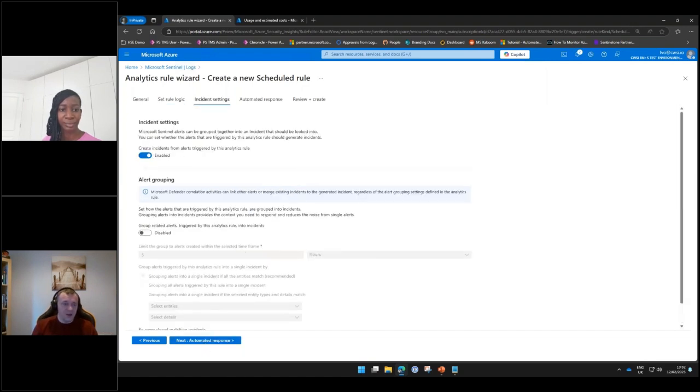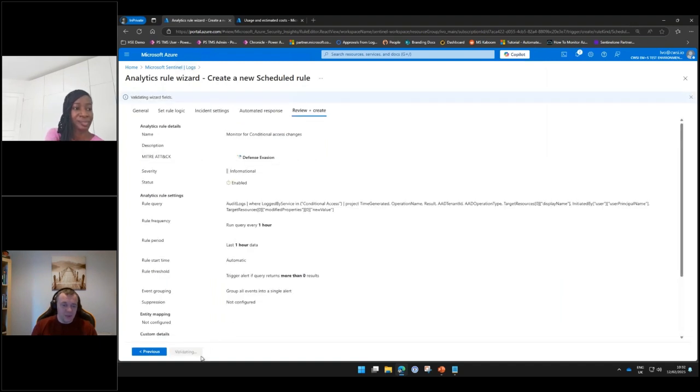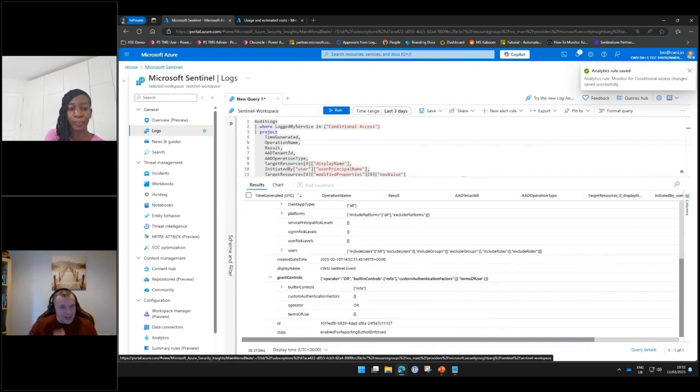And then from here on, we're going to go ahead and enable the incidents. We can attach some automation, as Jan mentioned, the logic apps if we wanted to, but for now, let's keep it simple. I'm going to go ahead and hit review and create. And that's it. That's from start to finish where we went to explore a Log Analytics table. We found an activity that interests us. We refine the activity, and then we create the rule on the specific activity to be notified about it all the time. When we talk about automation, we can take out-of-the-box automations that can send a Teams message, an email,